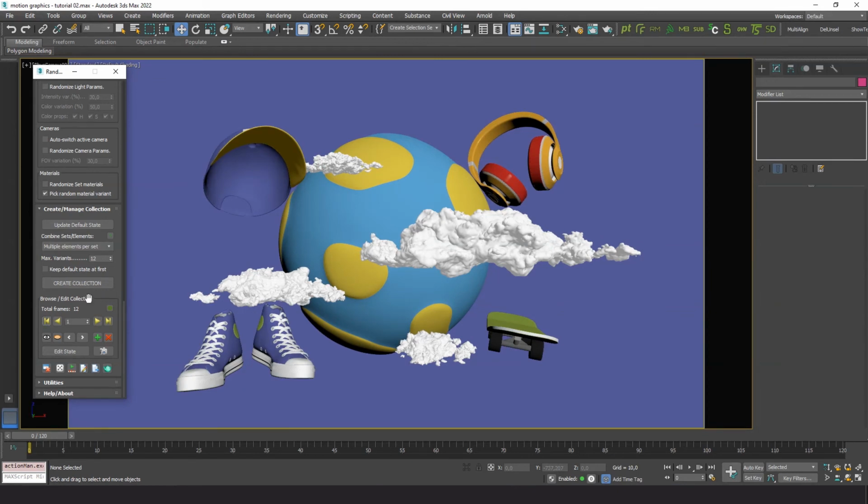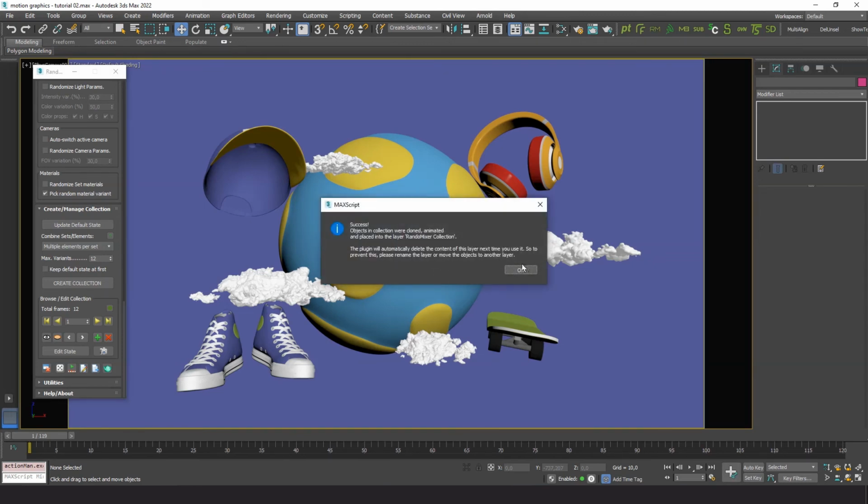Now the final step. Let's export this collection of states as an animation. I will set the duration of each state to 10 frames. Great.